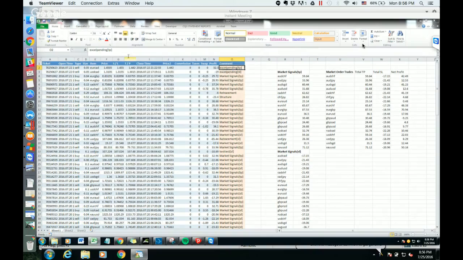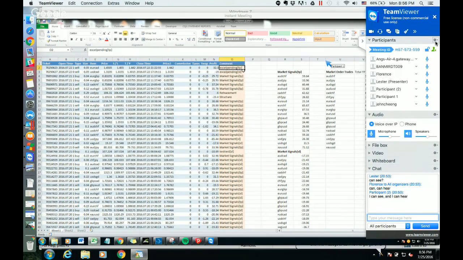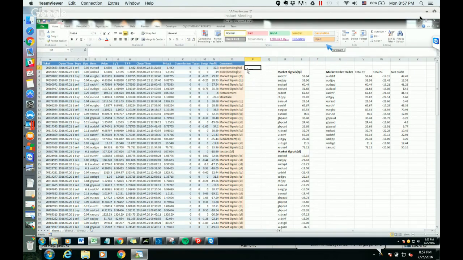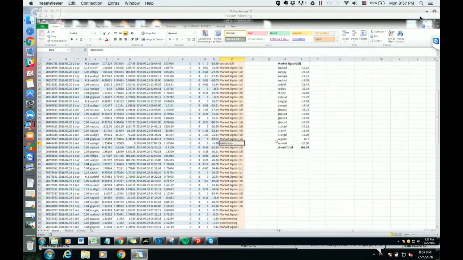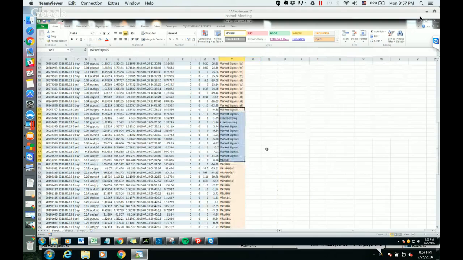So let us take a look at the comments here. For comments that have this bracket TP or bracket SL, it means that you actually hit the target price or stop loss. For comments that do not have anything but just the original comment, so it doesn't have the TP or SL icon, it actually means you manually closed the trade. So you can see, test, this one naturally hit the stop loss. This one I closed manually. These few trades I actually closed manually, because it doesn't have the SL or TP